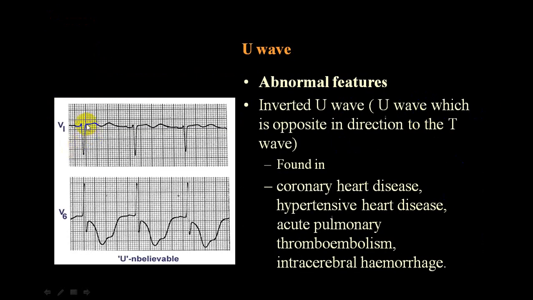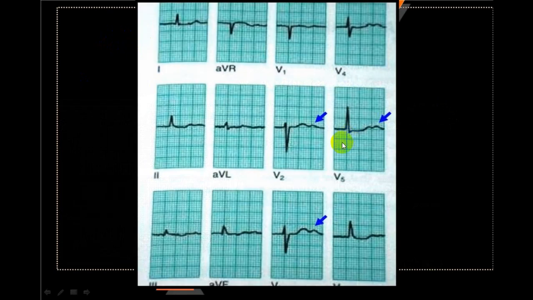So you can see here, this is the ST segment, this is a T wave, and this is a U wave. And here we sometimes use a word, unbelievable, meaning the U wave is unbelievable. You can see the ST segment is depressed. It is downsloping, and this is a U wave which is inverted. If you get this, it is commonly in coronary heart disease like acute LAD obstruction or LMCA obstruction, a rare finding. But keep it in mind, sometimes you can pick up a case of ischemic heart disease.